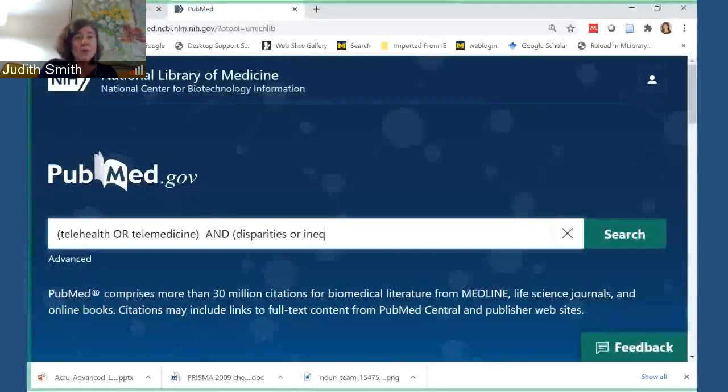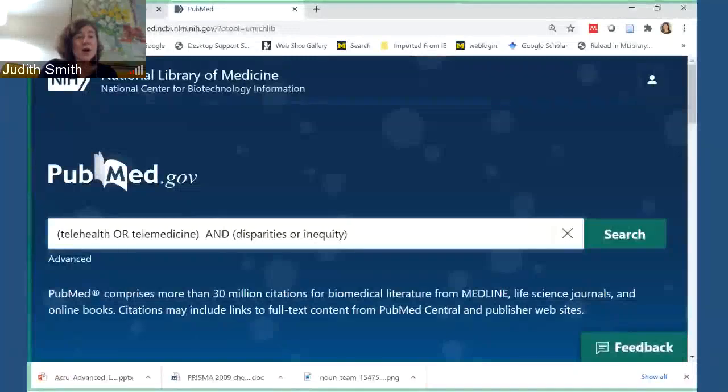What you can also do is you can scroll down and you can see what articles might be of interest. So for example, I'm going to open this one, addressing health disparities in rural communities. And we're looking at words in the title and the abstract that we could use that might help us when we create our final search. So you look in the title, you look in the abstract. Sometimes there are author-supplied keywords. I'm going to scroll down.